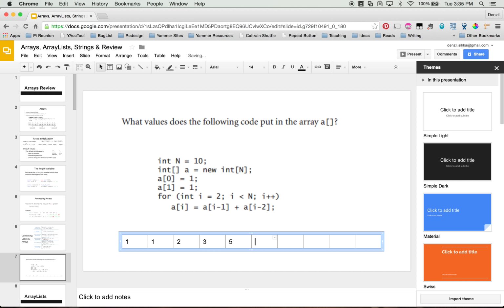This will be equal to 5, and then 8, and then 13, and then 21, and then